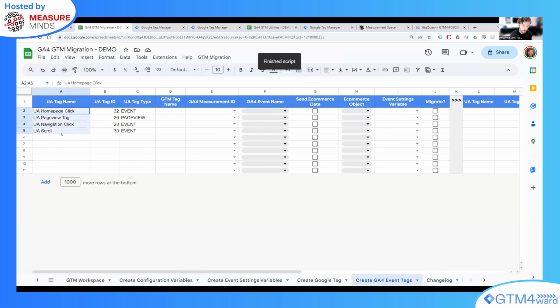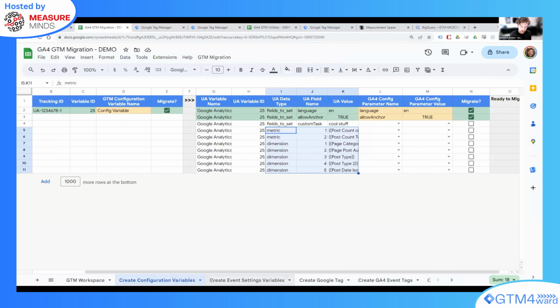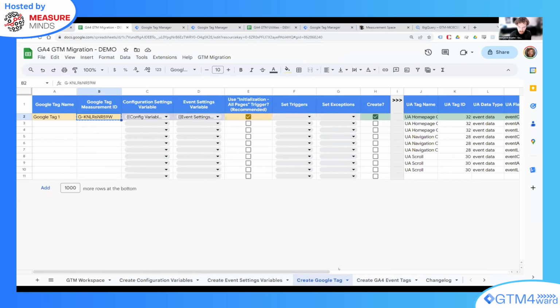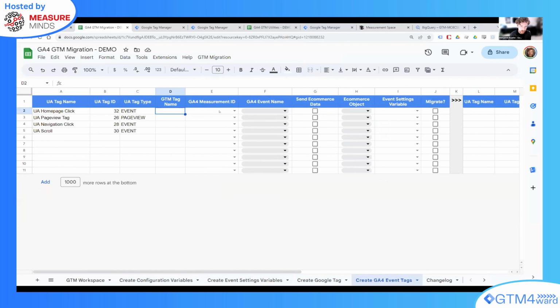And I only have 4 here for the purposes of demonstration, but I'm going to copy the measurement ID so that this is all here. You could also have the measurement ID be a variable, of course. We're going to call this home page, GA4, page view, GA4. I guess I didn't set the page view to be false, so I'll actually not do this one. And then scroll